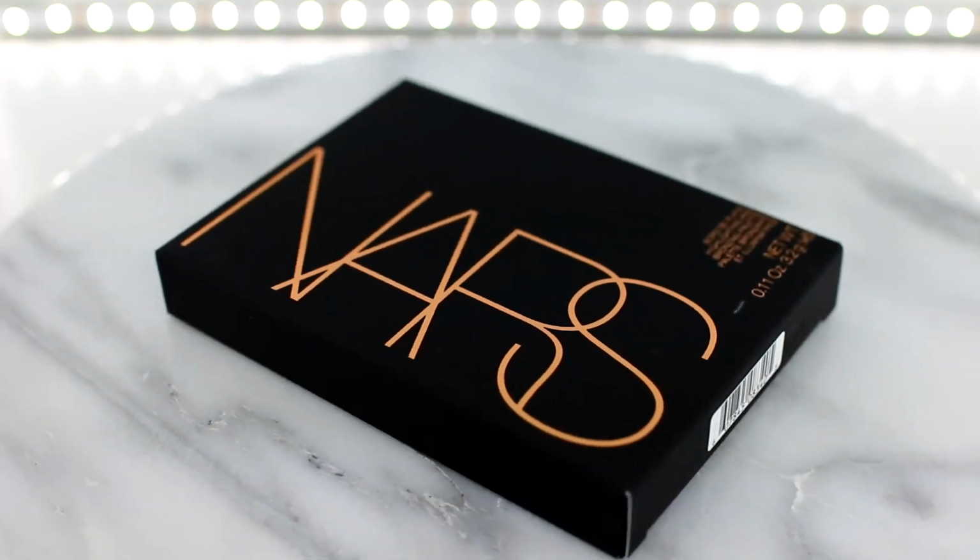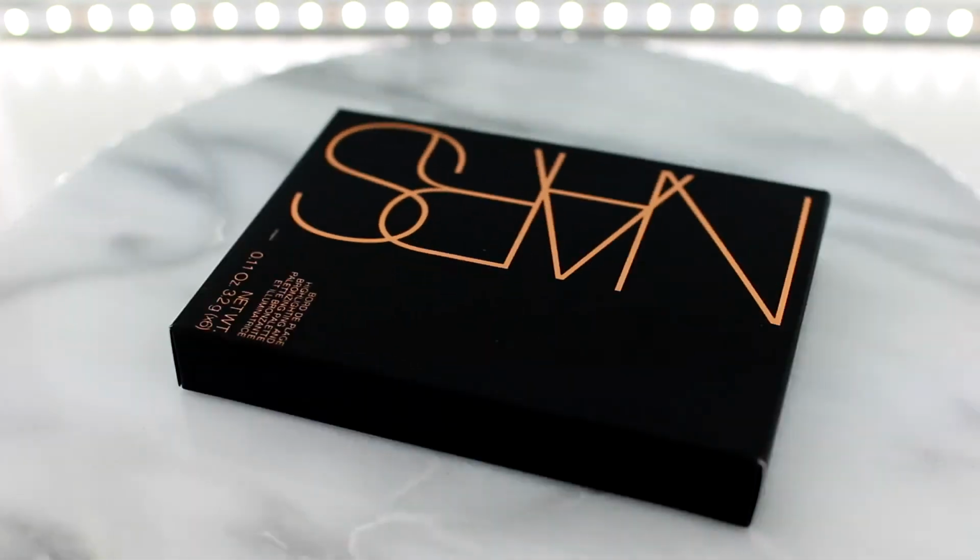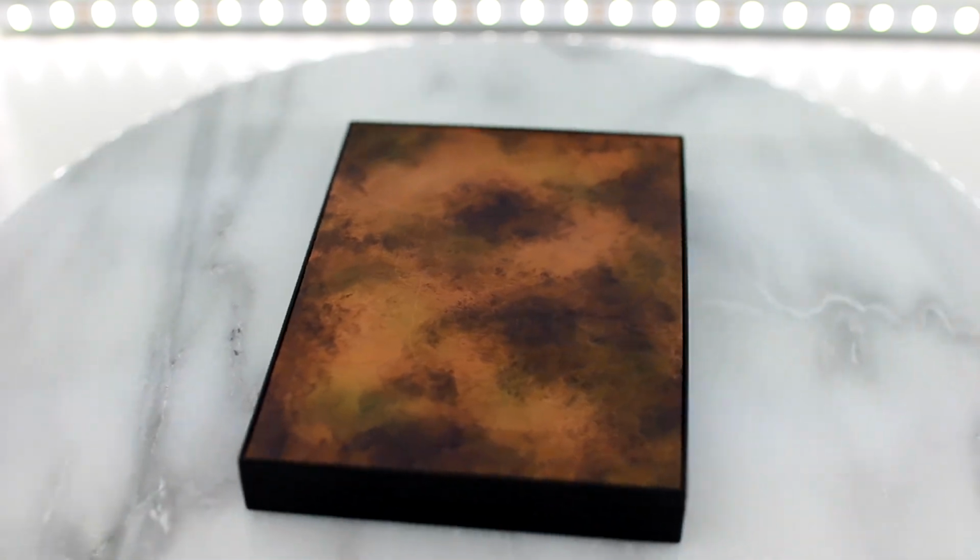It's the new NARS Bord de Plage palette, and this actually translates to beachside if you are curious. I'm going to jump right into reviewing that, but before I do, I wanted to remind you guys that we're